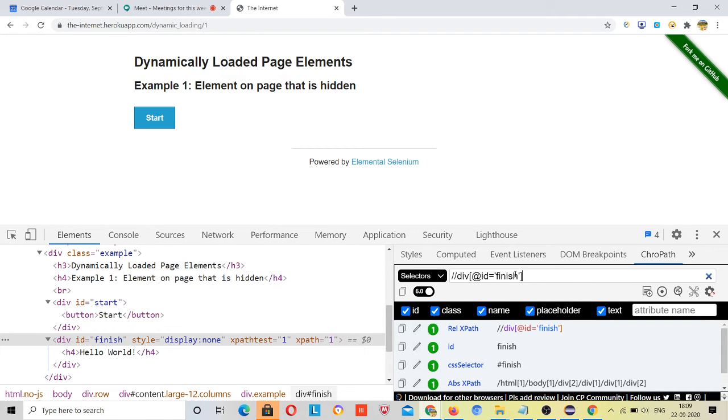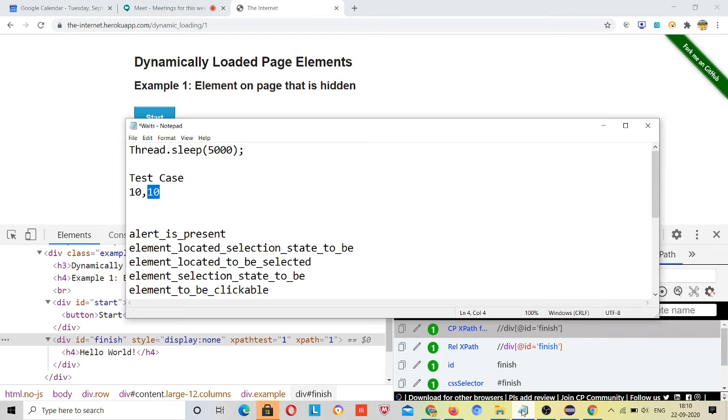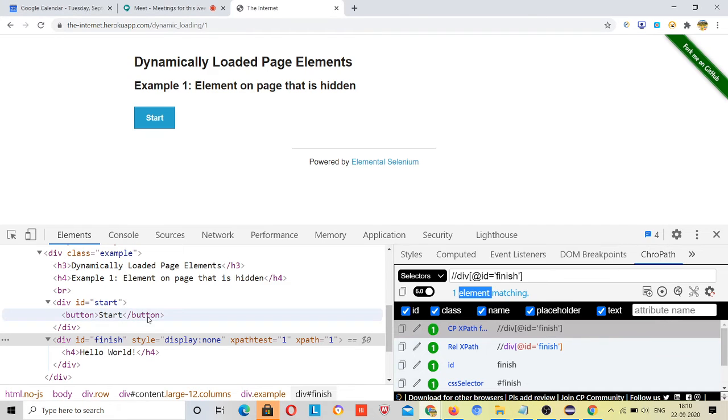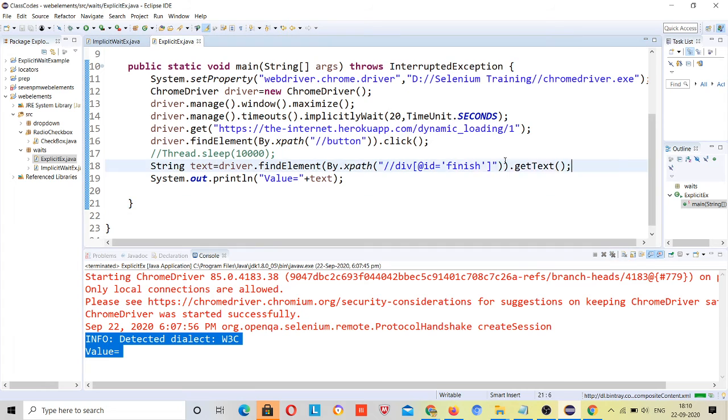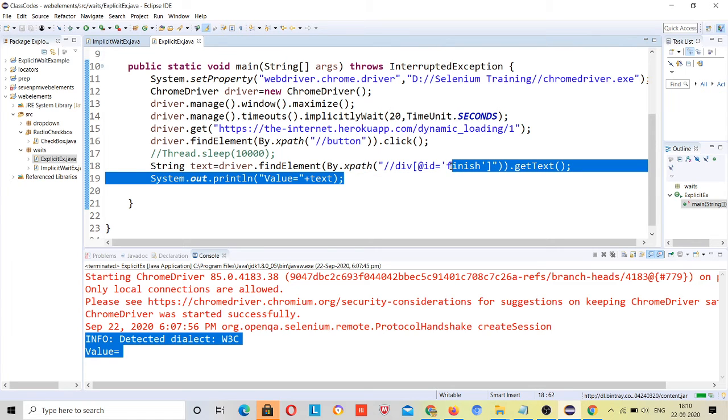See, one element matching. I have not clicked this hidden element, I am able to get it. What does it mean? Actually, what implicit wait does is it waits for the DOM to be loaded. The DOM is already loaded, right? So once the DOM is loaded, it will try to locate that. It will locate it correctly because that was already present, and whatever XPath we have written was also correct,